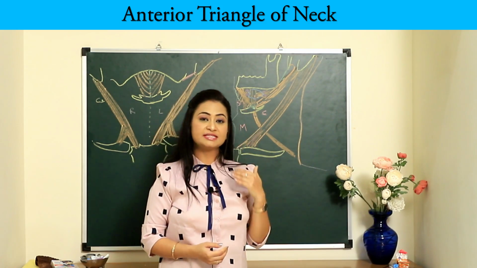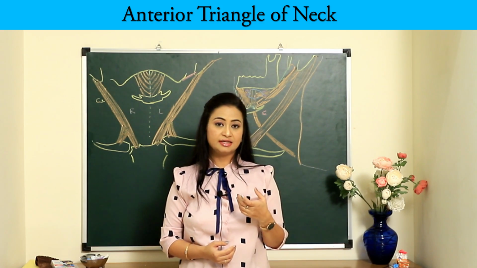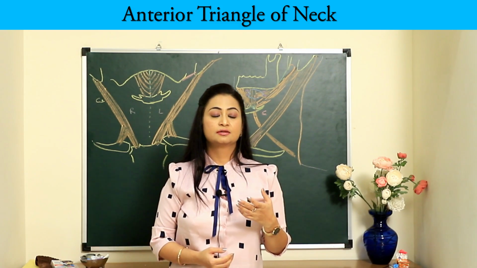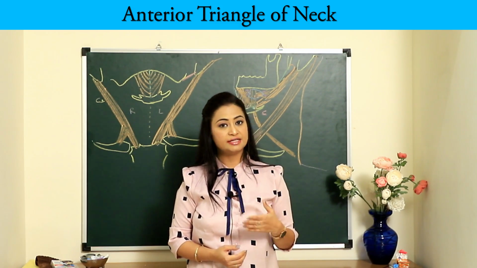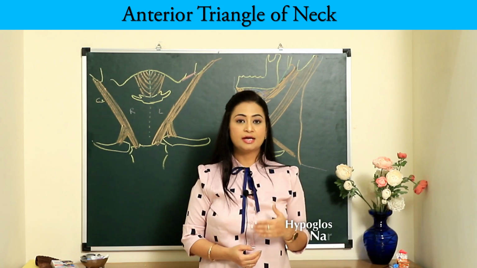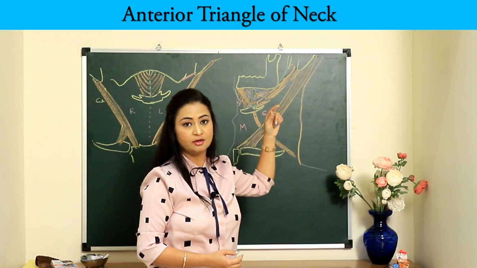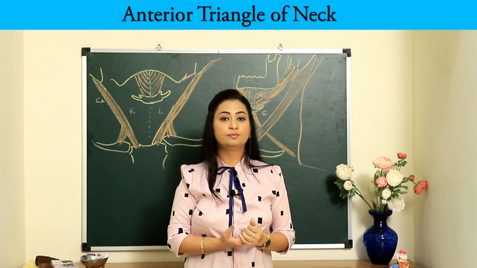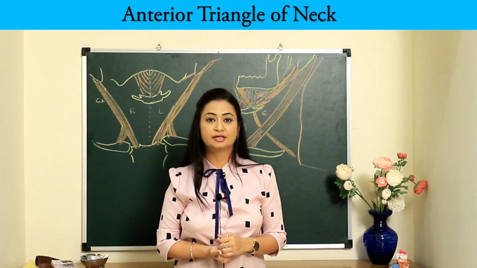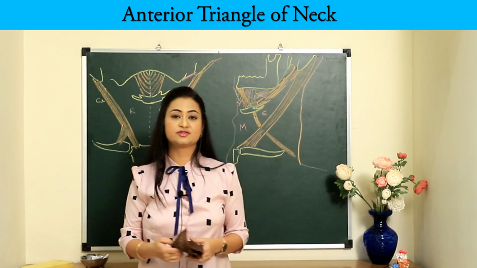Then along the deepest plane lie the structures that are enclosed in the carotid sheath, that is the internal carotid artery, the glossopharyngeal nerve, the vagus nerve along with the pharyngeal branch of vagus nerve, the spinal accessory nerve, as well as the hypoglossal nerve, which comes right across the anterior part of this triangle as well. Okay, and the deepest structure would be the internal jugular vein. So these are the contents of this posterior part, and that almost finishes our tutorial about the digastric triangle.